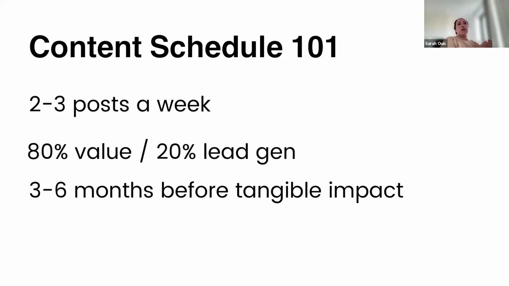So that's like a rule of thumb. If you are posting 3 times a week, 2 posts will be value, 1 post will be more lead generation related. Again, if you are starting out, I would say take the time to build an audience. Try to delay the gratification, try to delay the ask, because you don't want to be pitching in your first week of posting content, right? So I would always say give it some time if you are starting out, and try to delay the gratification so that people can get warm to you and trust you more.